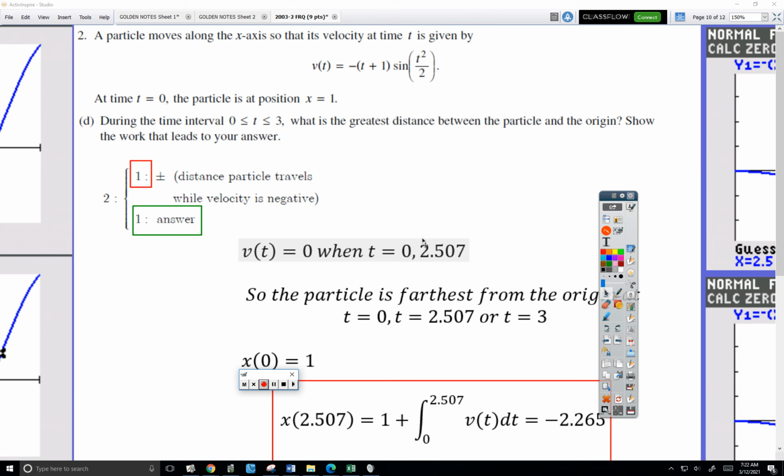Okay, so now they're asking us to find, for the time interval 0 to 3, what is the greatest distance between the particle and the origin? So what you have to remember is the particle moves along a line,